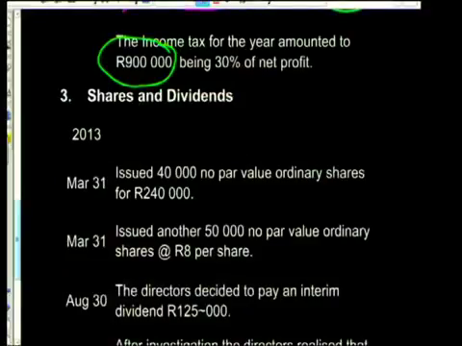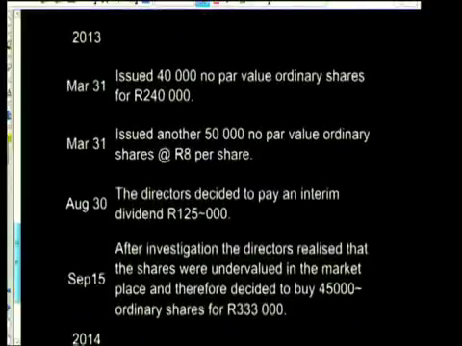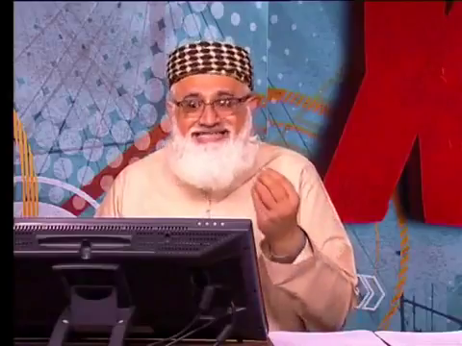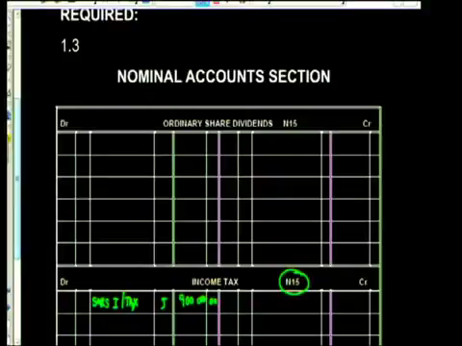So we've sorted all those stories out, right? We are told that the directors decided to pay an interim dividend of 125,000 Rand. Obviously, two accounts are involved. Identify your two accounts. We paid a dividend, therefore we're going to credit bank. That entry is known to you. Paid, reducing my cash. A debit to ordinary share dividends. Let's get to that nominal account. There's my ordinary share dividends. My entry would be,